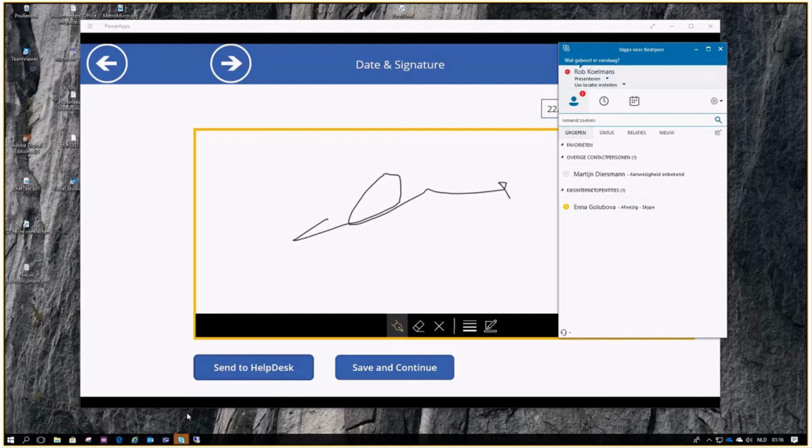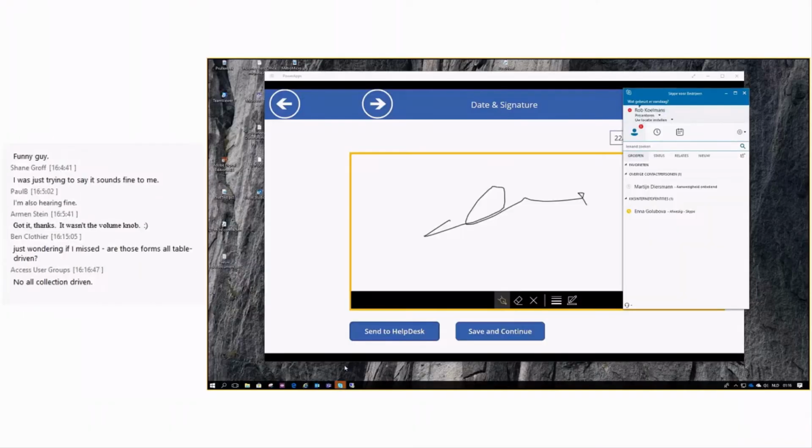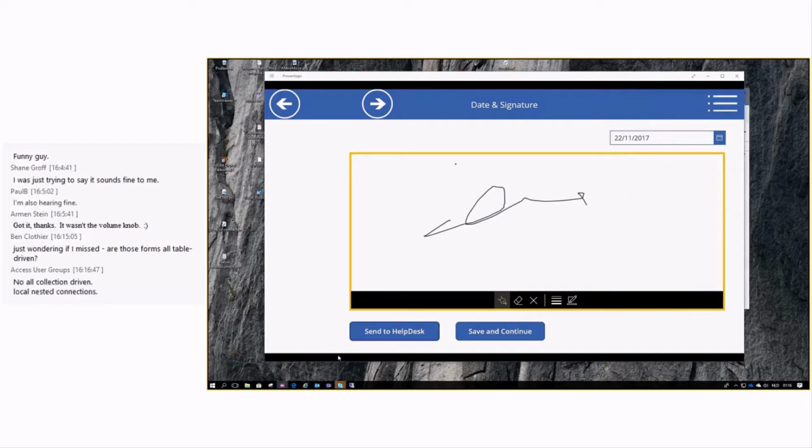So these are nested collection objects within Power Apps, local nested collections that have deeper levels. And the collection, the web database, the Access, sorry, the Swagger service database that's uploading this is defined